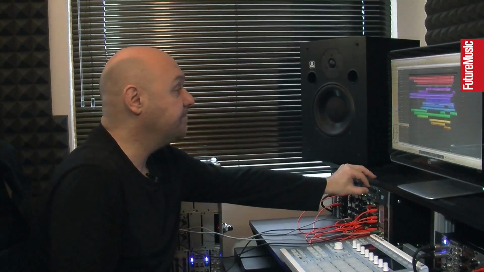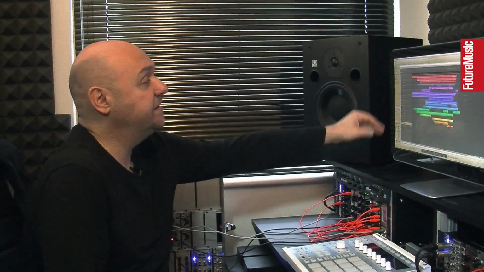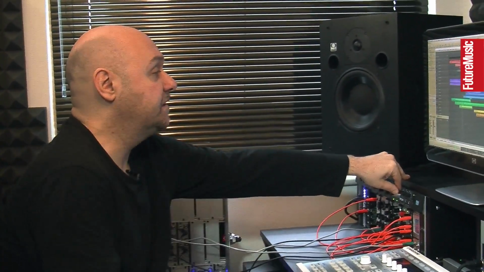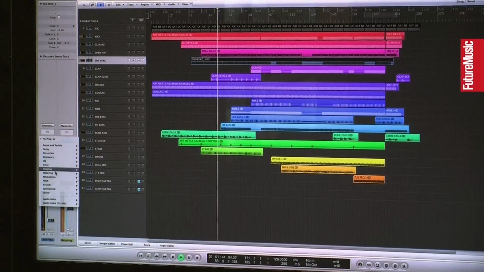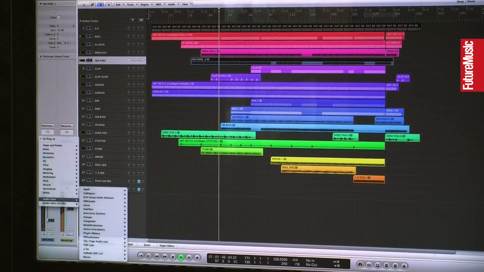Generally, I put an EQ on each track and get rid of any of the low end that's not necessary, and then I'll put a compressor, and the compressor that I prefer to use is this FabFilter, the Pro C,